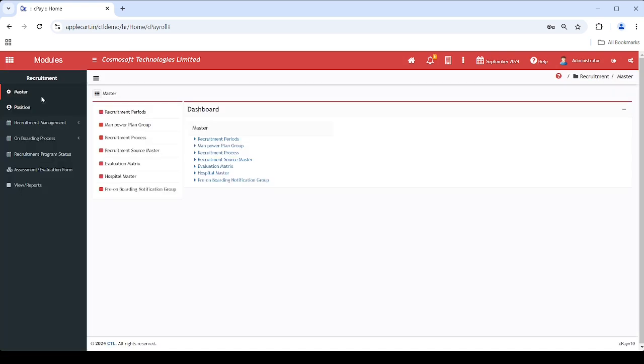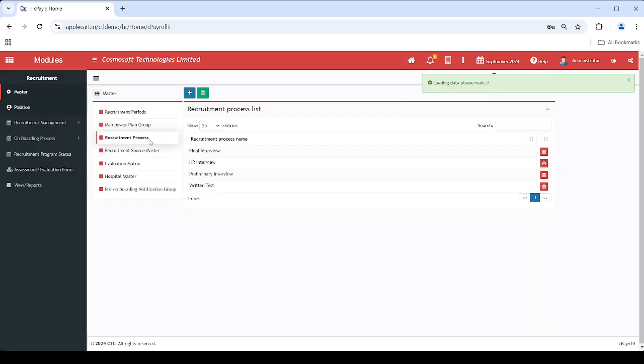The HR team consolidates these requests, creates a recruitment program, and initiates recruitment activities to attract applicants for the required position. Recruiting for each position requires a unique process, which typically includes steps like HR interviews, technical interviews, written test, and other assessments. In CPay, these steps are referred to as the recruitment process.